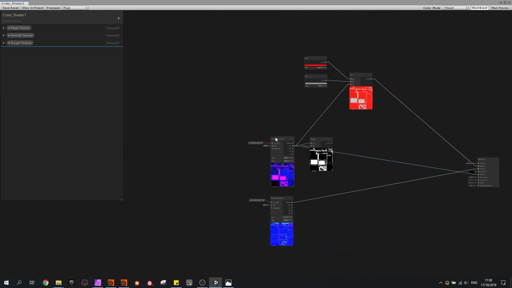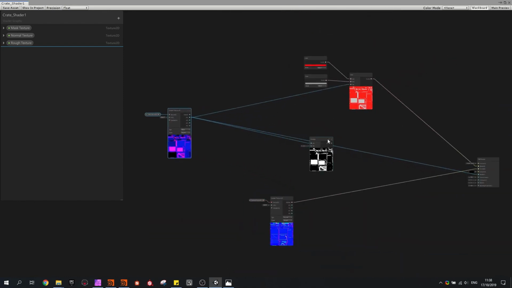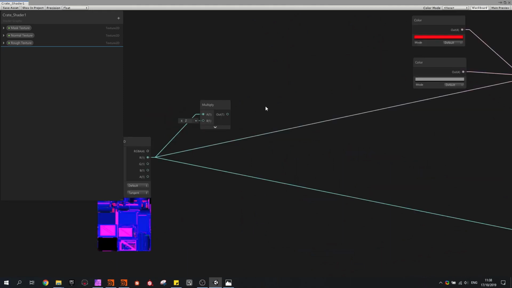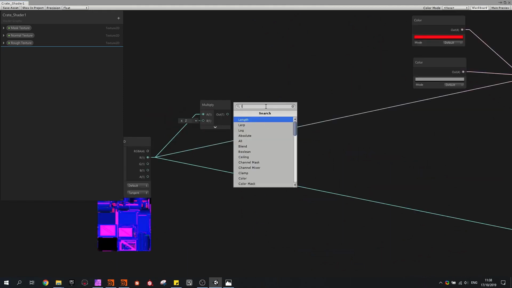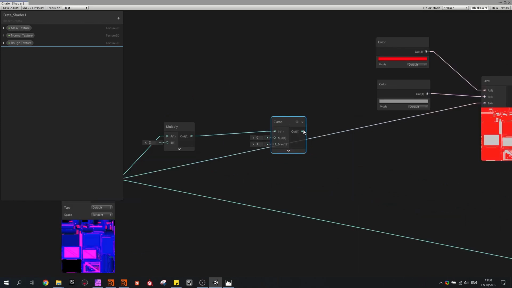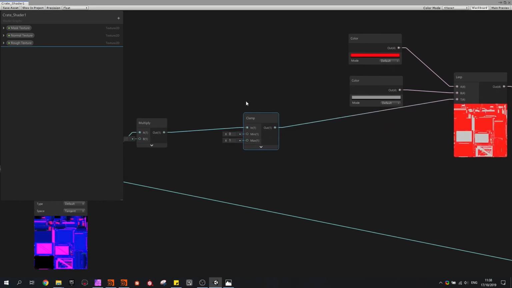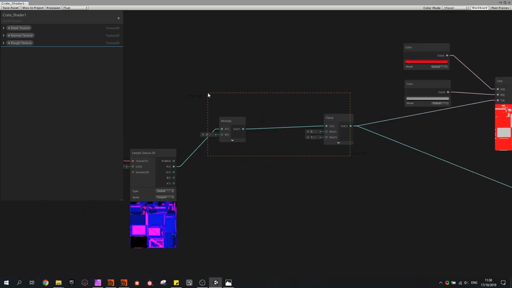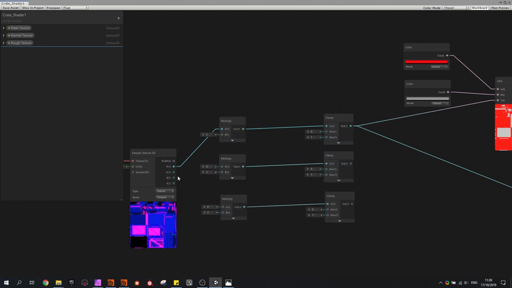And let's make a little bit more room for this network. Then I want to clamp the value just to make sure it's staying in this 0 to 1 range, and I will be replacing this. And this setup, I'm going to copy it for the other channels as well,